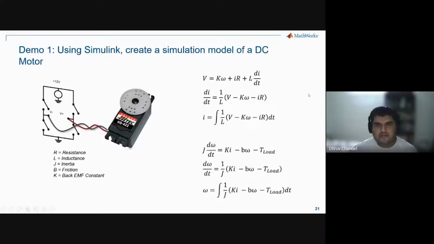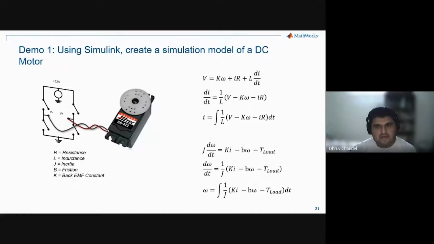All right. So the first thing here, if I remember the survey right, most of you said that you know ordinary differential equations. So what I want to show you first, as an introduction, is that we'll open up Simulink and create a model of a very simple DC motor. This is an electromechanical system, and you supply a little bit of voltage to this, and it is able to turn some actuator, which could be a wheel, a joint on a robot, or some other mechanism.